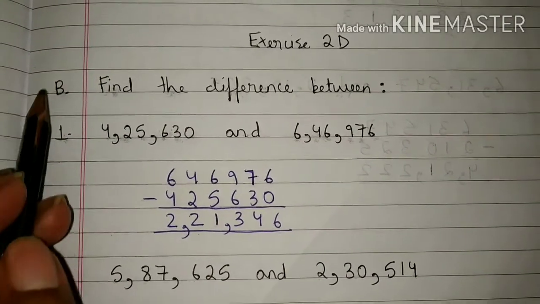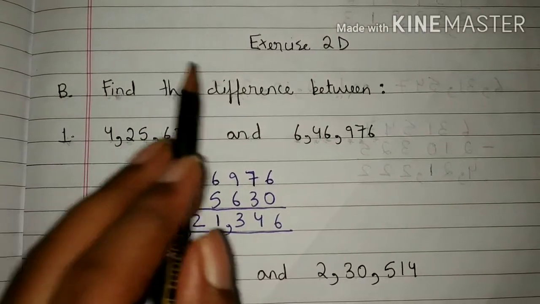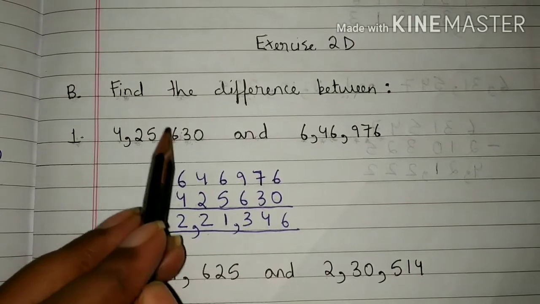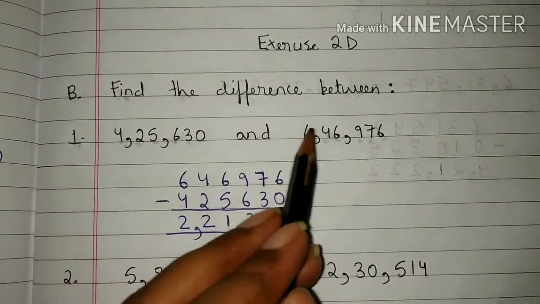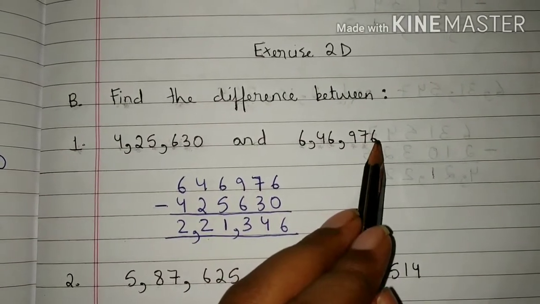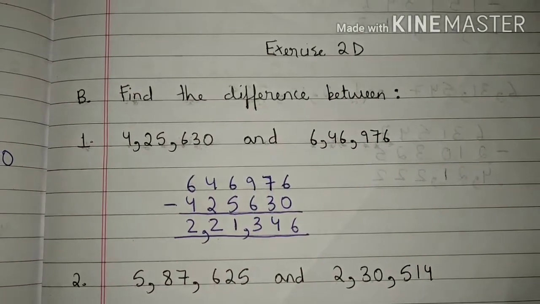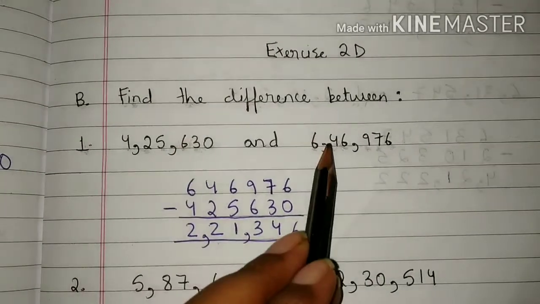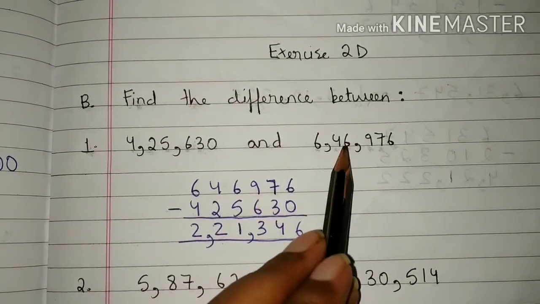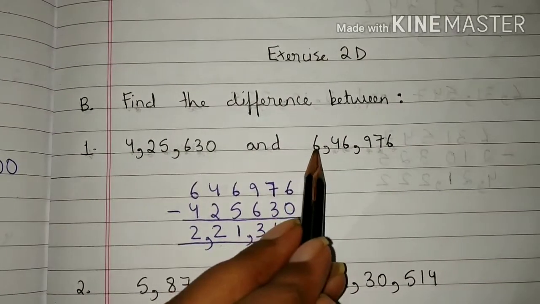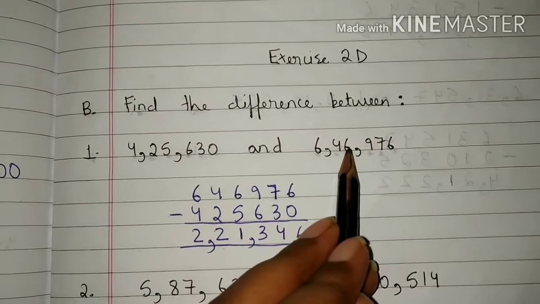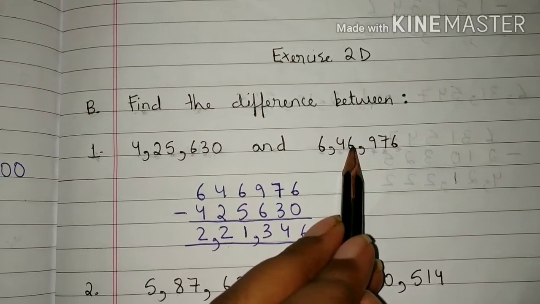Students, now come to question B. Find the difference between. First question, 4,25,630 and 6,46,976. Students, in order to find the difference between these two numbers, we will subtract the smaller number from the greater number. Students, 6,46,976 is the greater number. So we will write